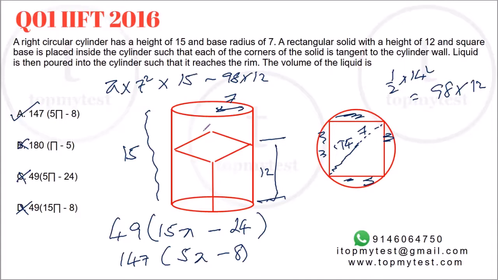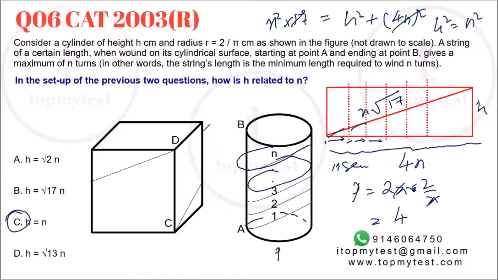Solids are questions which a lot of non-engineers leave, a lot of even engineers also leave because they think it's too difficult. The good part about solids is that everything is symmetrical. Usually you get a cube or a cuboid or a sphere, much easier to deal with versus irregularly shaped parallelograms or quadrilaterals or irregularly shaped triangles, etc. So don't leave questions which are on volumes and solids. They are much easier than what you get from two-dimensional geometry.